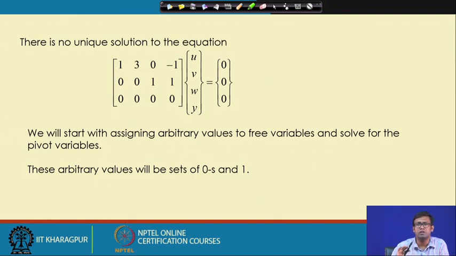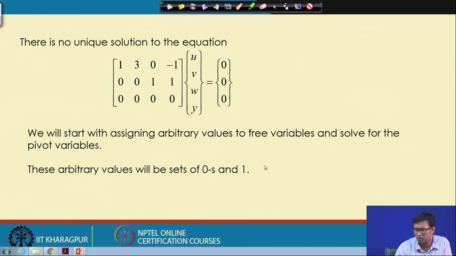If there are multiple variables like u, v, w, y, x, z, then we will make v is equal to 1 and y and x equal to 0 and get one set of solution. V is equal to 0, y is equal to 1, x is equal to 0, get another set of solution. V and y equal to 0, x is equal to 1 and get the third set of solution. So, we will put this arbitrary value as sets of 0 and 1,